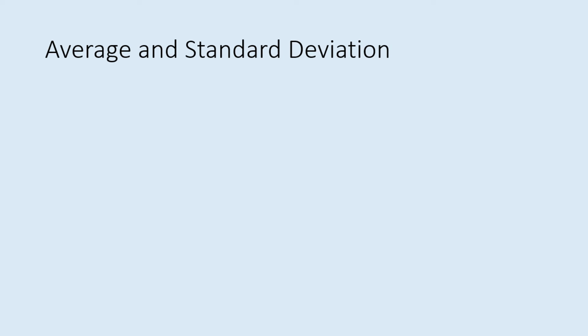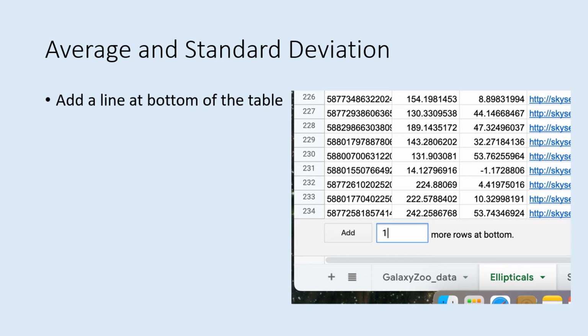The histogram gives a good visualization of the distribution of galaxy colors, but we also want to describe it numerically. The best way to do that is to find the average and the standard deviation of the G-R values. To find the average, you'll need to go to the bottom of the table. You may have to add one more line to the table so that you've got a place to work below